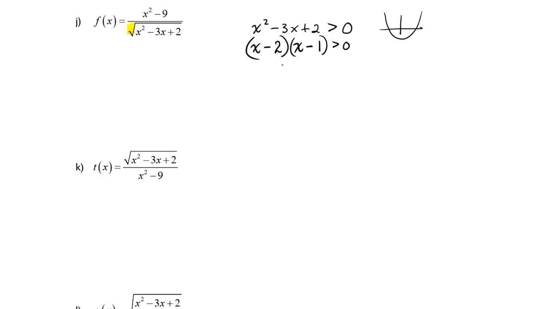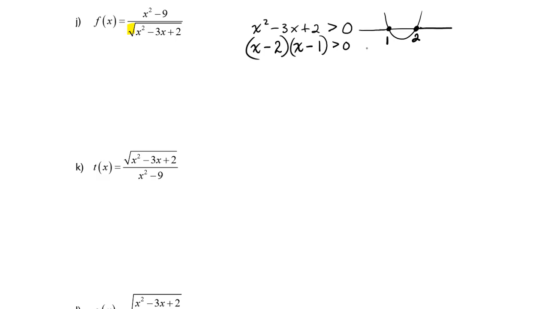And so this first x-intercept will be at 1, and the other intercept will be at 2, which means that